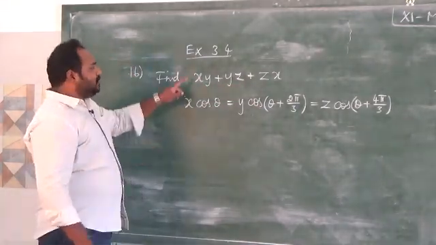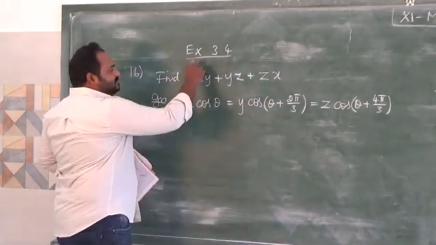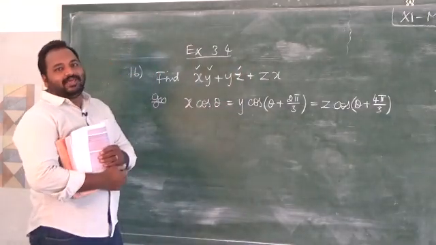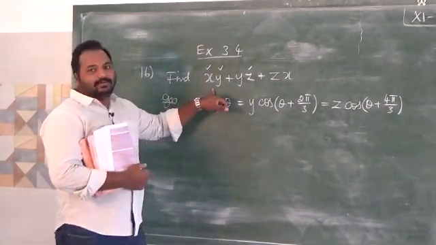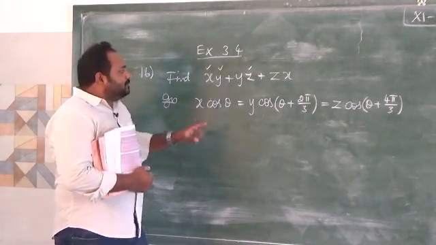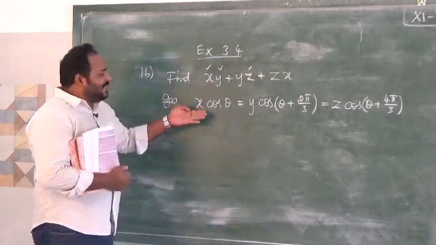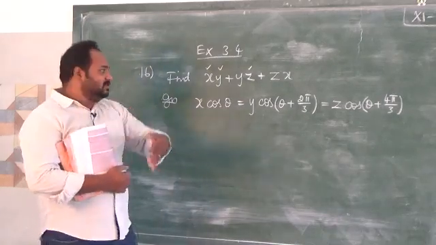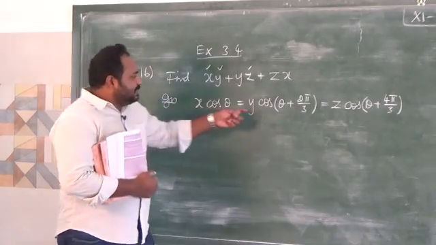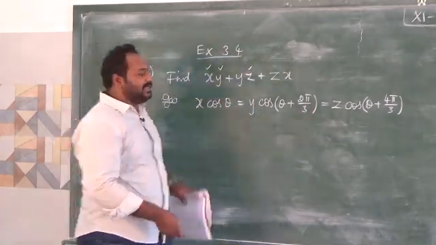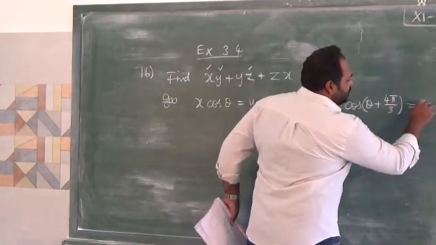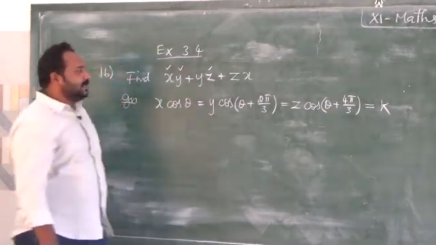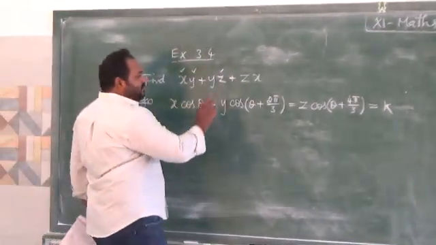Now, if you want to find this value, we need the x value, y value and z value. If you get them, easily we can apply in this format and get the value. But here we did not get directly what x, y and z are. So we are going to find them. Before that, these three things are equal, so let me assume some constant variable equal to this function. I am going to equate them one by one with k.